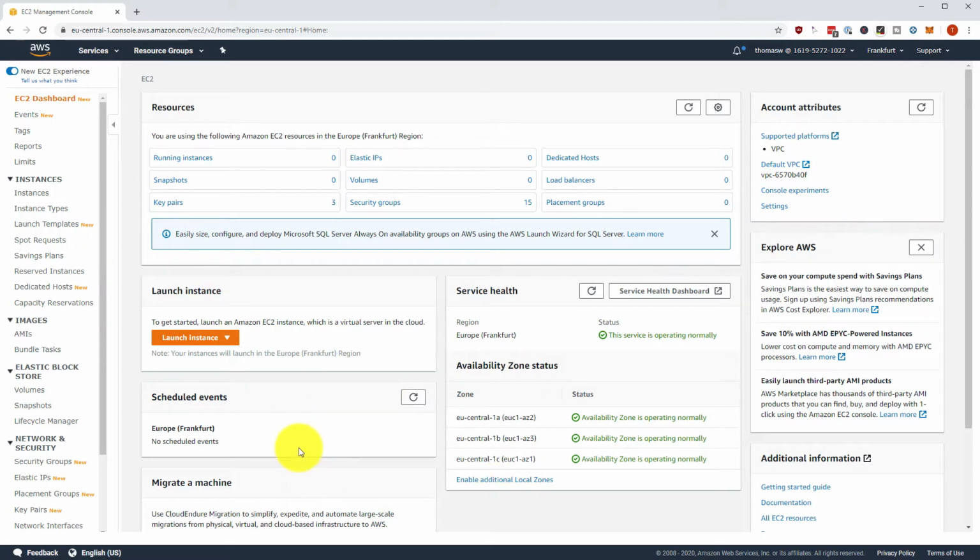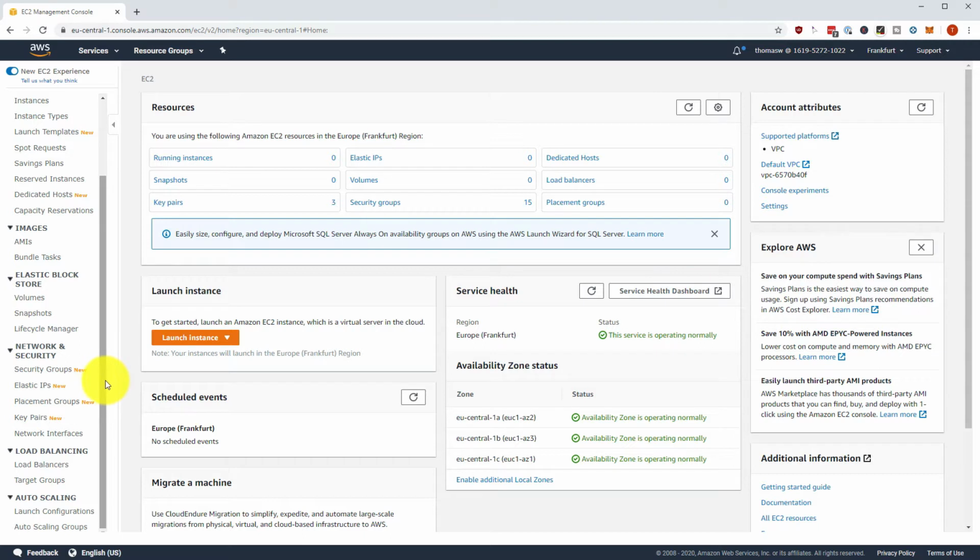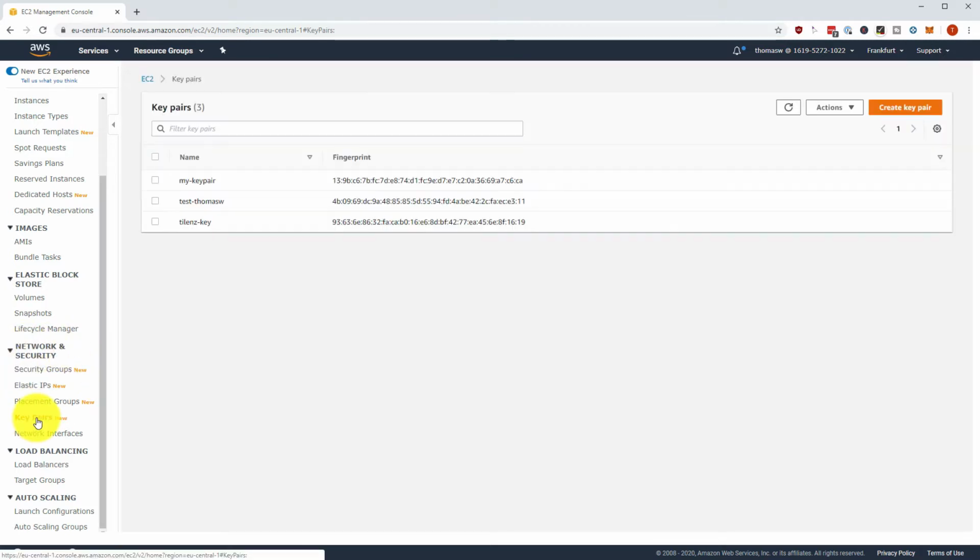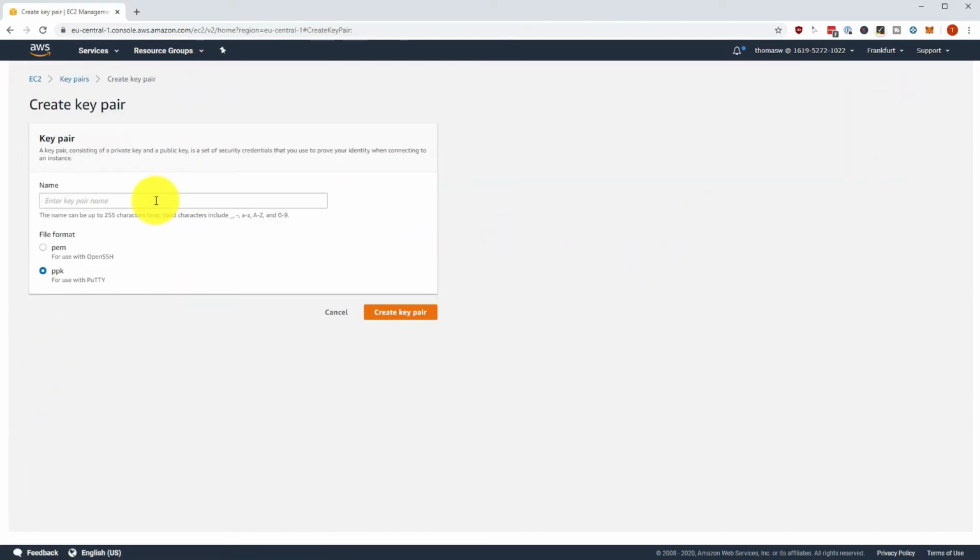And the first thing that we are going to do is not launch an instance on the spot. We are going to create a key pair because we want to log into this instance later on, and we need a key pair for this in order to use SSH to log in. So under networking and security, you find key pairs. And over here, I want you to create a key pair. You give this key pair a name,